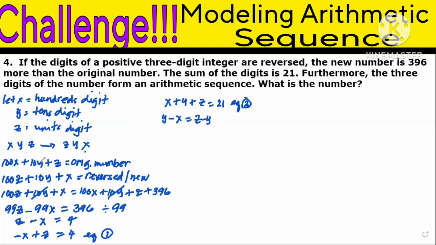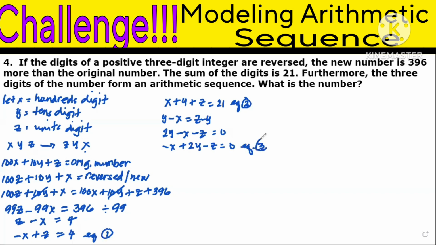Because remember that in an arithmetic sequence, the difference of any two consecutive numbers is the same. Okay? Now, simplifying further, transposing all the variables to the left-hand side, we have 2y minus x minus z is equal to 0. Or, rearranging the variables, we have minus x plus 2y minus z equals 0,